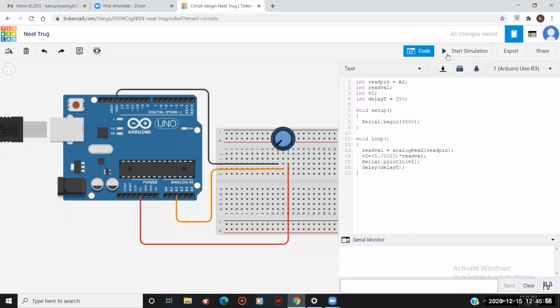Okay, so let me explain it again. What I'm doing here is getting some values, because whatever values I'm going to print on my serial monitor will be numbers, right? So for numbers we use int. As I'm getting the value from A2, I have defined that in a variable called read pin, and I have